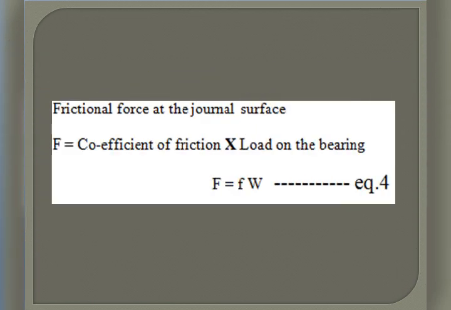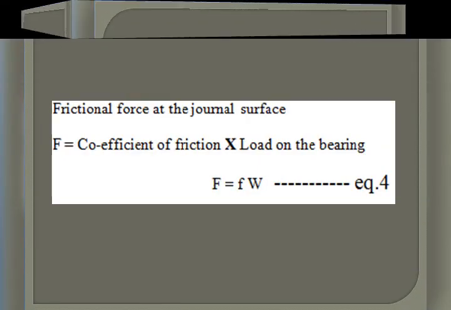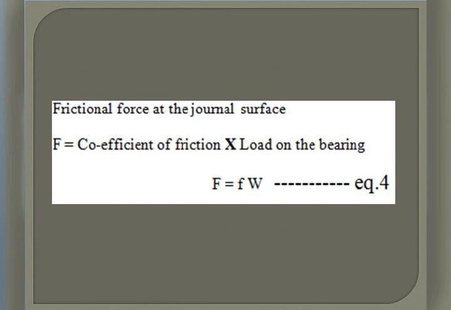Now, by equating equation 1 and 2, since shear stress is equal to F by A and shear stress is equal to ZV divided by H, we equate both and get the relation Z is equal to FH divided by AV. Substituting the unknowns, we get Z is equal to F into C_R divided by pi d l into pi d n. After rearranging, Z is equal to F into radial clearance C_R divided by pi square D L N 2R. Call this equation number 3.